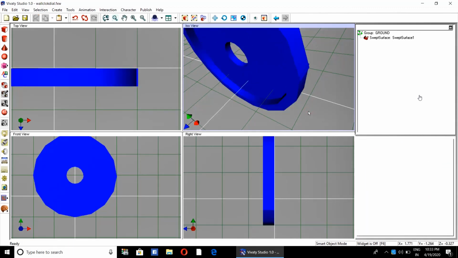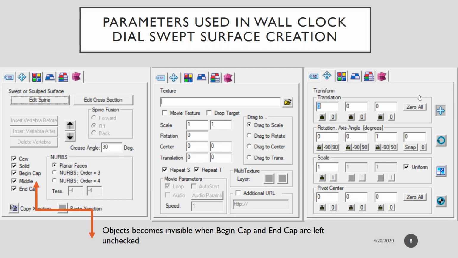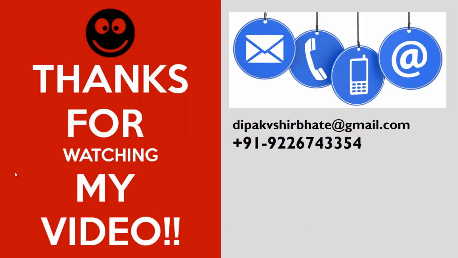That is very simple. So these are the parameters that I have used while creating this swept surface, and I have seen that if you leave this begin cap and end cap unchecked, then your object may become invisible. So remember to check these boxes.